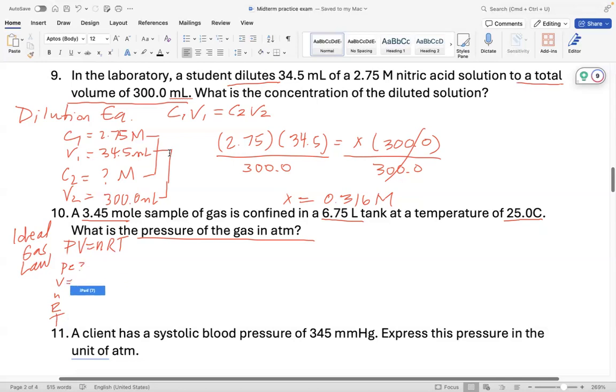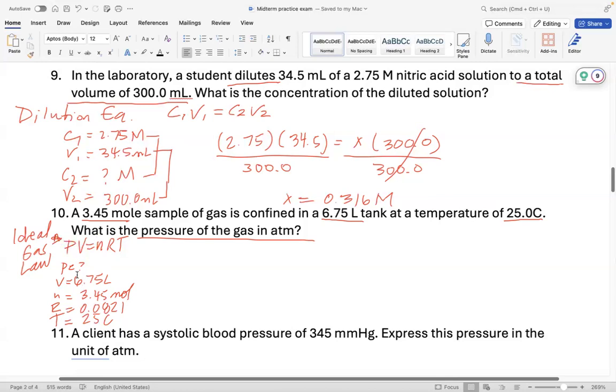Volume is 6.75 liters. N is moles, 3.45 moles. R is that constant. This would be given to you. It's 0.0821. And then temperature is 25 C. So with using this ideal gas law equation, you have to be really